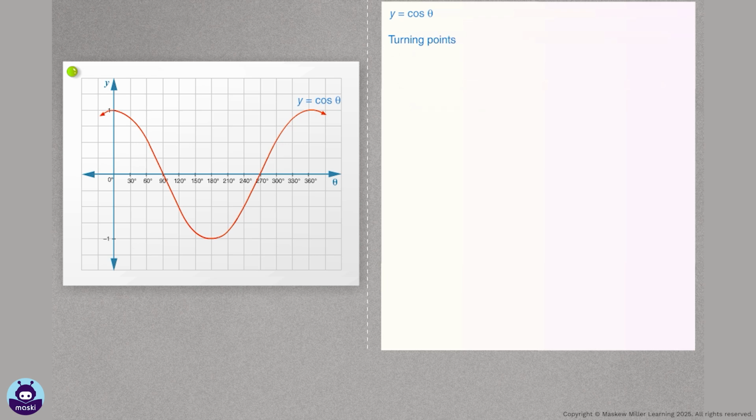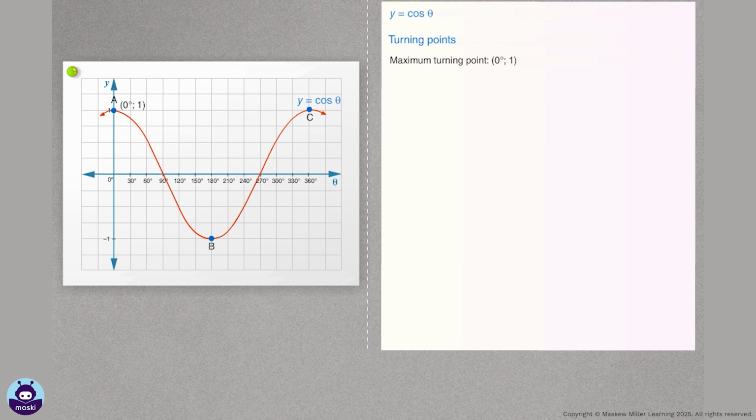Turning points. The cosine function has several turning points in the interval 0 to 360 degrees. As we come towards the turning point from the left, the y values are increasing. As we go away from this turning point to the right, the y values are decreasing. We can say that the point (0°, 1) is a maximum turning point, as the graph does not go